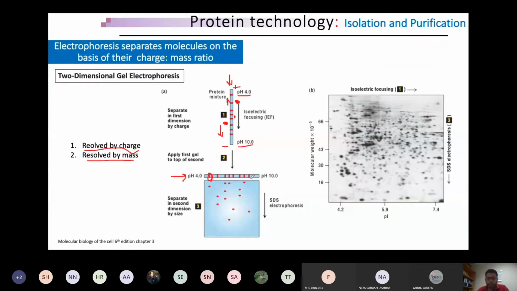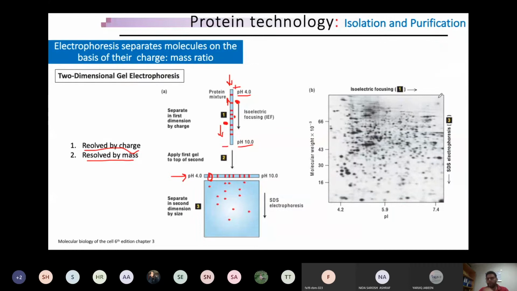So when you layer that strip onto the gel, all these proteins present in these dots will start resolving from each other. If that is just one single protein, it will not resolve further. For example, this was just one protein, so it is not further resolved here. But this dot consists of three different proteins which have the same electric charge but three different molecular weights. There were some proteins with much higher molecular weight, and proteins with smaller molecular weight, and proteins of medium size, and so on. So you see,